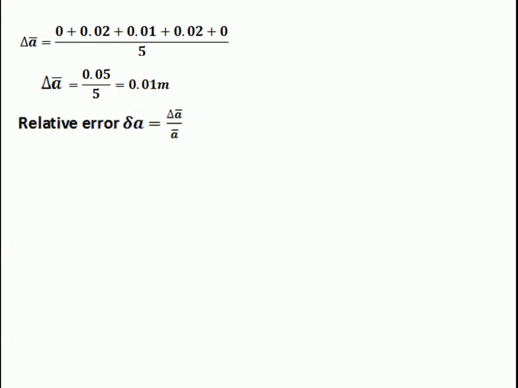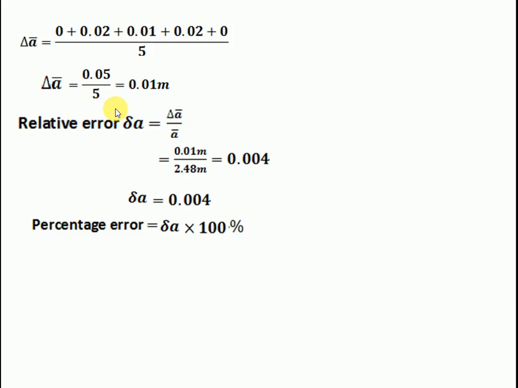And next is relative error. So relative error, you have to divide mean absolute error by true value. So you are getting 0.04. So till here, till mean absolute error, we will write the unit, and after that relative error is 0.01 meter by 2.48. So meter will get cancelled, so the relative error will not have any unit. So we will write the unit till mean absolute error.